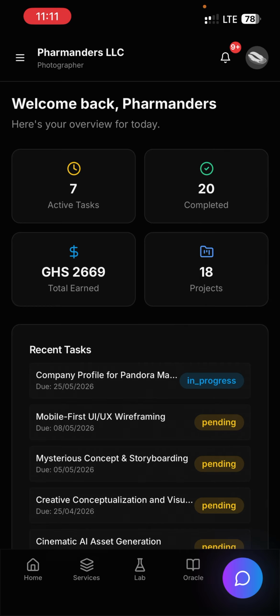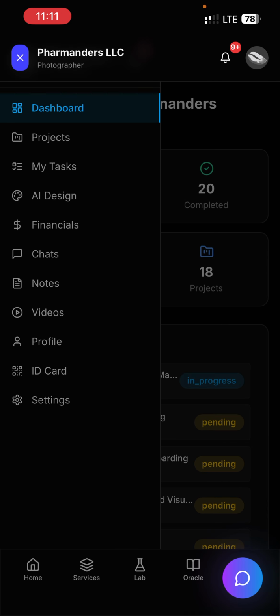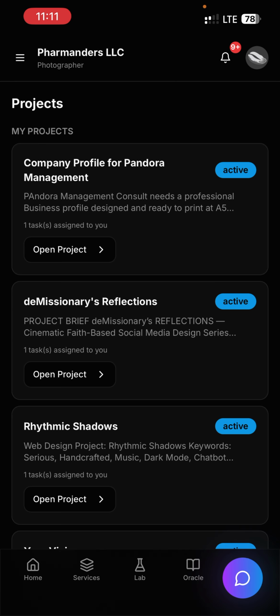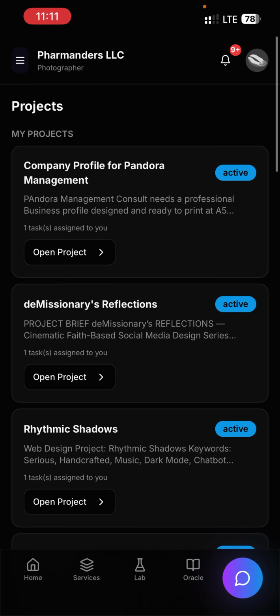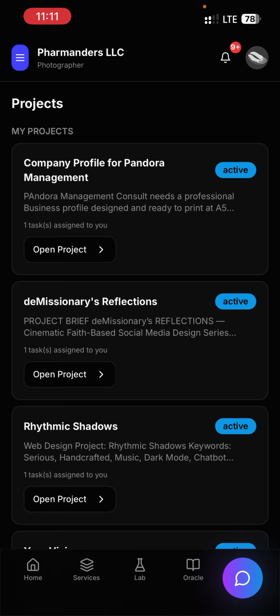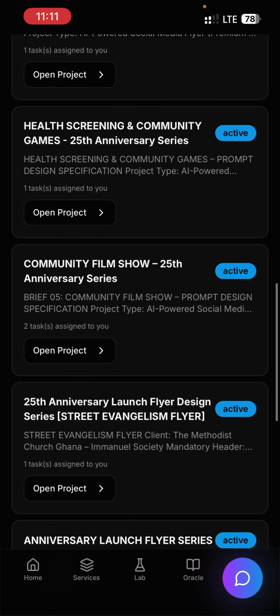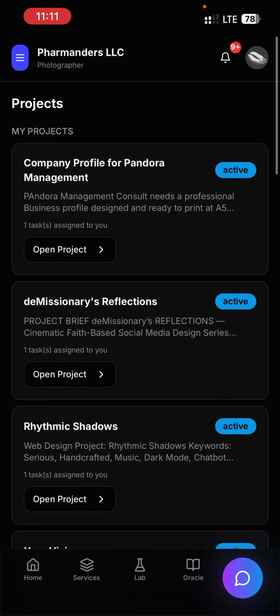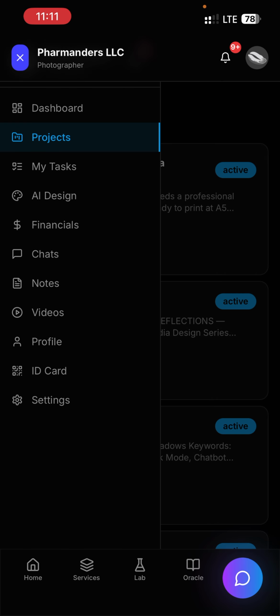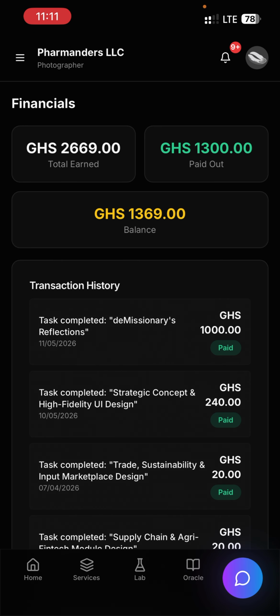So always remember, on this left panel, you can always access different functions. These are my tasks and my projects. These are different stuff. Any projects assigned to you, you get to see it here. So there are a lot of projects that I've executed, and that also reflects in my financials. So far, I've not made much, just 1,003 in the